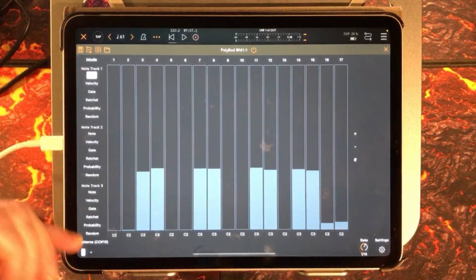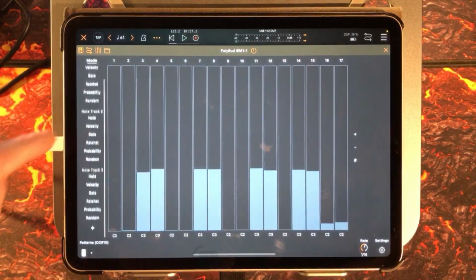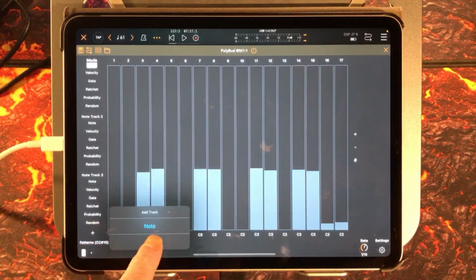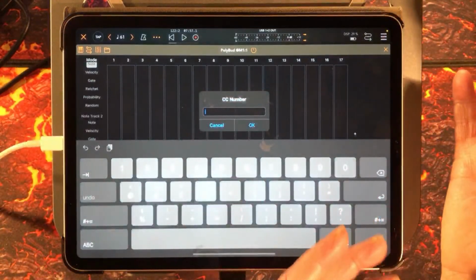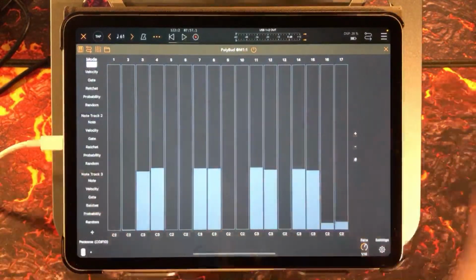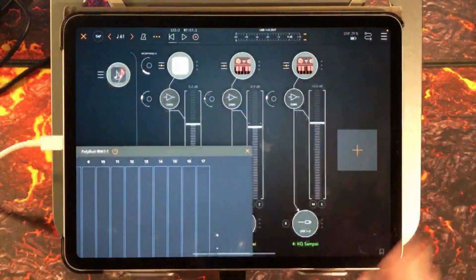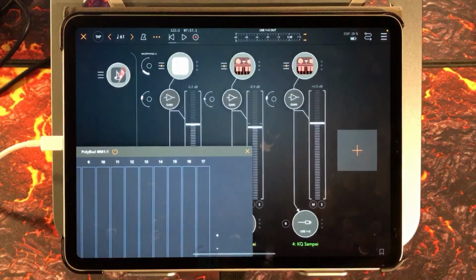Each track, like I showed you at the beginning, you can control the CCs. When you add a CC track, it just asks you what CC number you want to control. So as long as you know the number you want to send to, you can do all that cool stuff. But sending the CC information off to another synth, like I did in the original video with